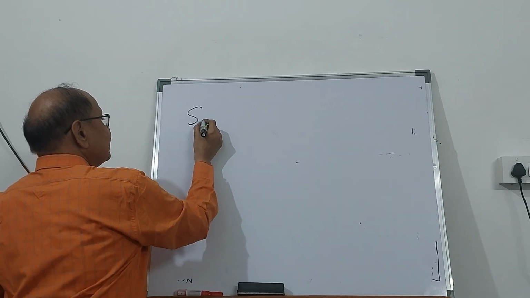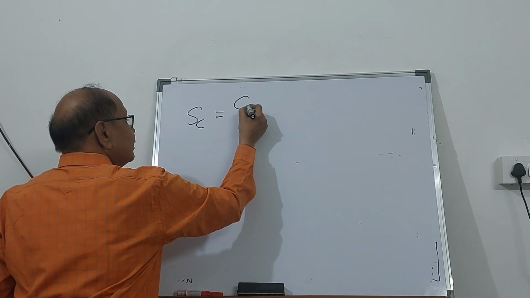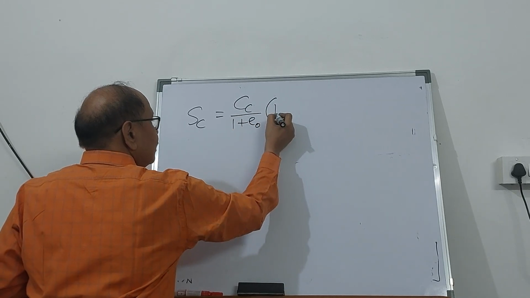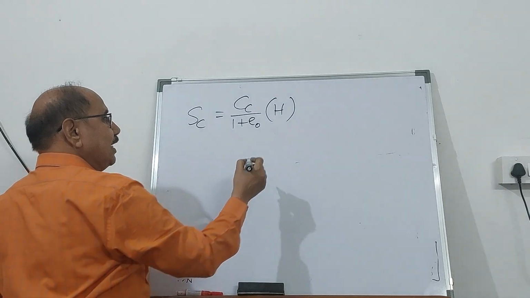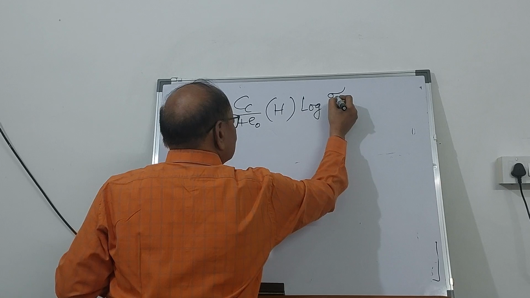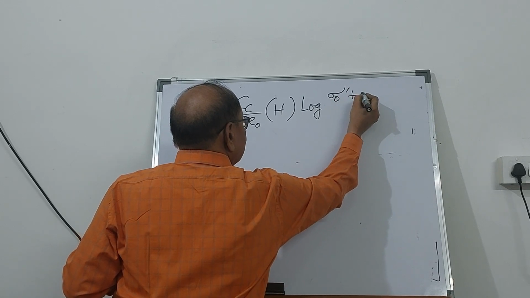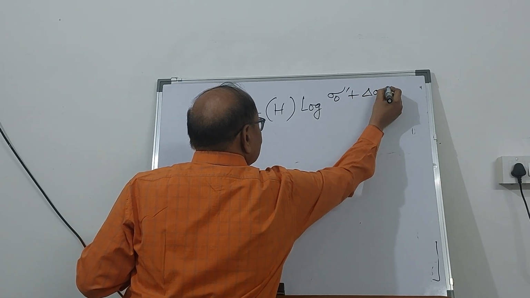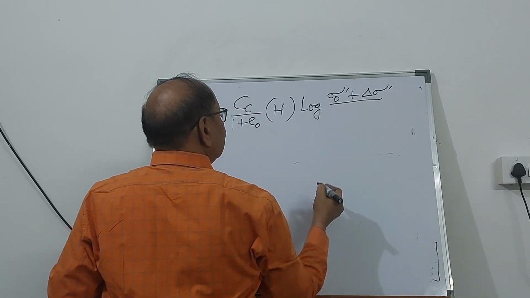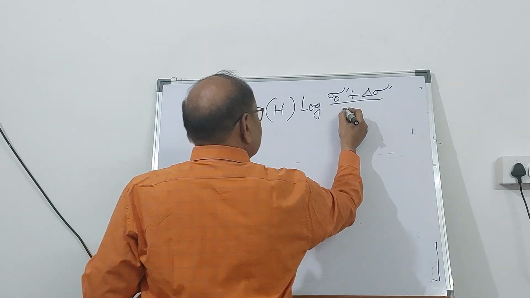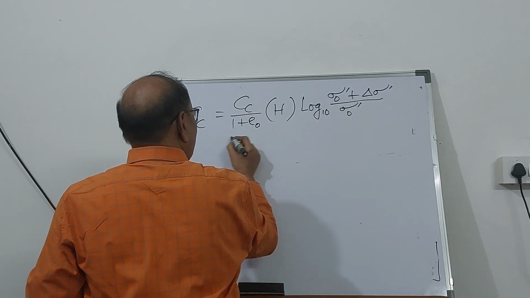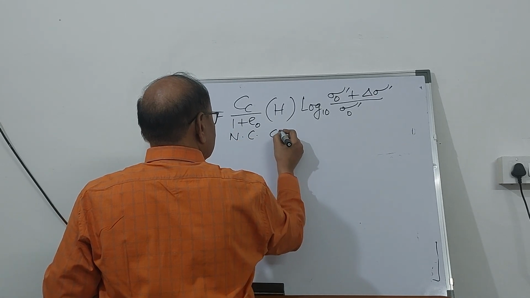So the consolidation settlement, you know it, is the compression index divided by 1 plus E naught into the thickness of the clay layer into log of effective overburden pressure plus additional effective pressure at the midpoint of the layer divided by sigma naught prime, to the base 10. So for normally consolidated clay,